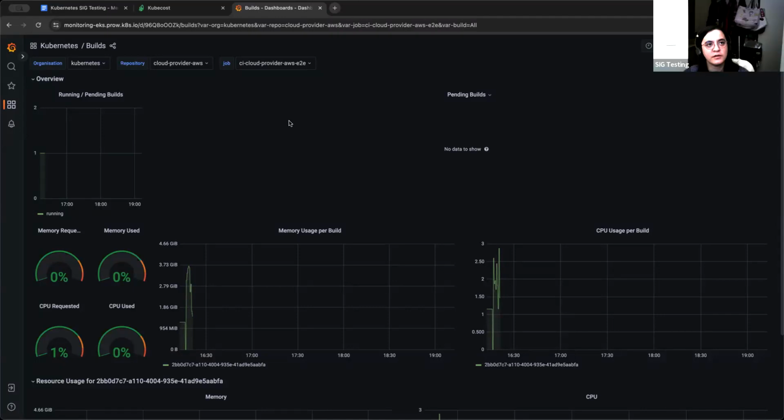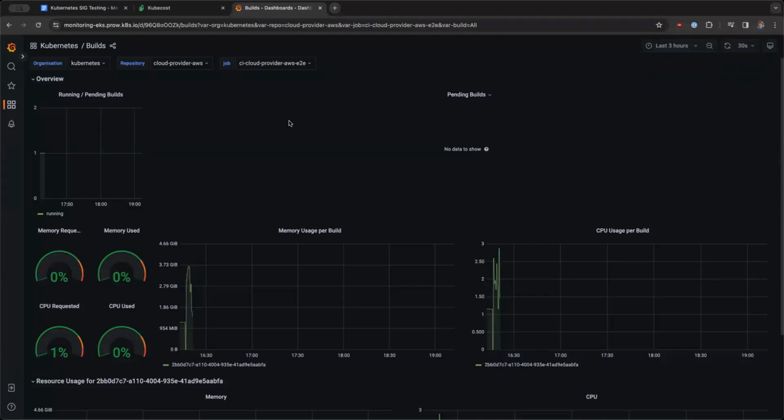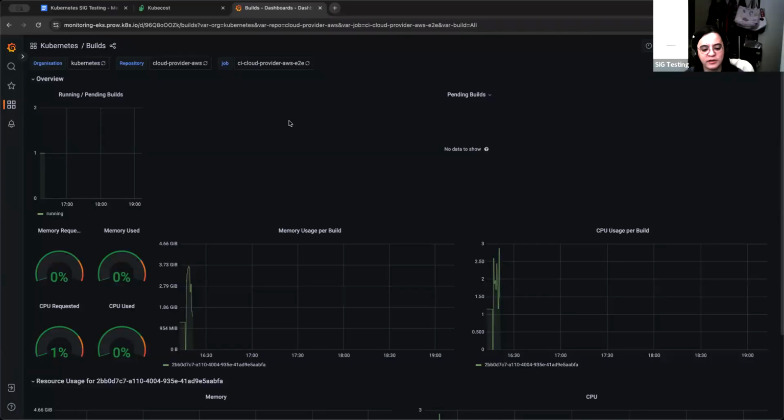Sorry, please go ahead. No, I was just going to add to that. I also really like these dashboards. I have a question about exactly what the coverage is. Is it only for the EKS build cluster, or is it also for others? Okay, cool. But the other thing I was going to say is I like the outline that you have about people